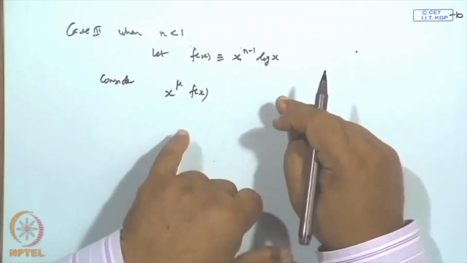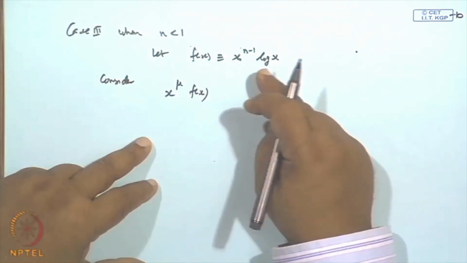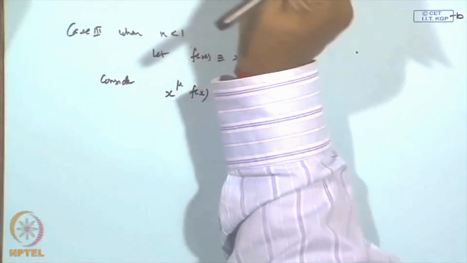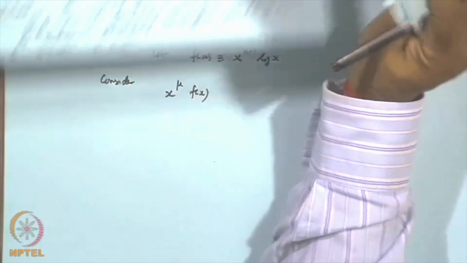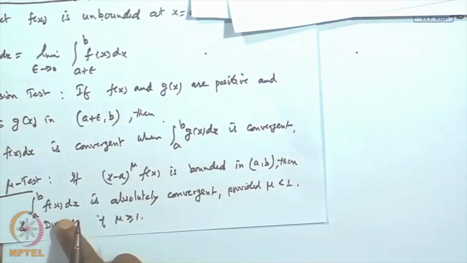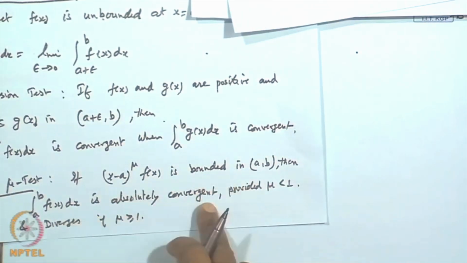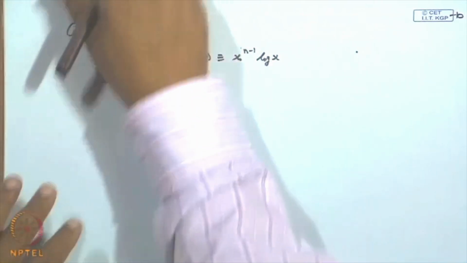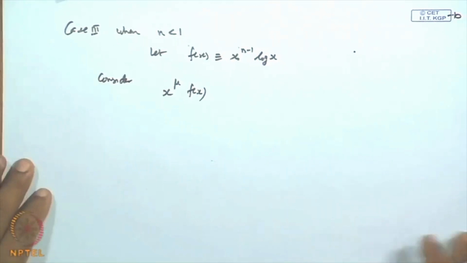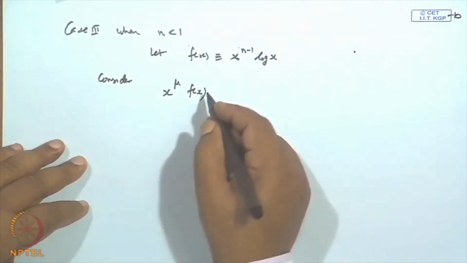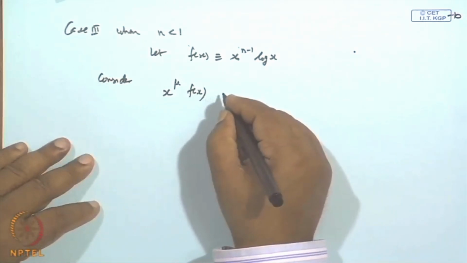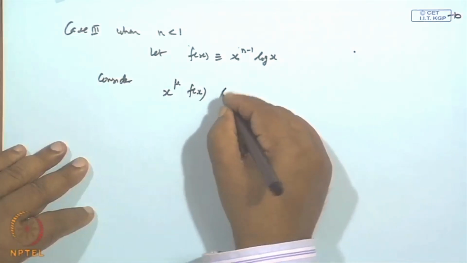Now one thing is, when you take x to the power mu times f(x), what is the result? If you remember, the result was the mu test. The mu test was, if this is bounded in the interval AB, then this is absolutely convergent provided mu is less than 1. So we can use this criteria here. So when n is less than 1, we find this integral of x to the power mu f(x) dx converges